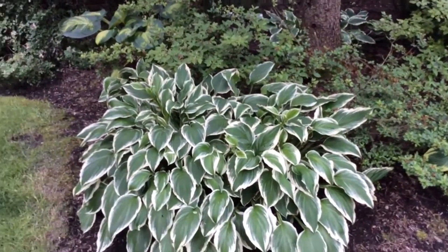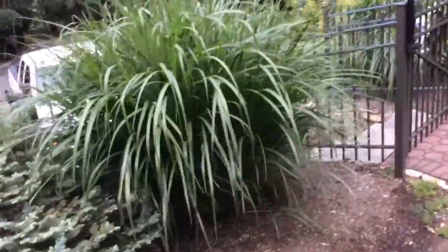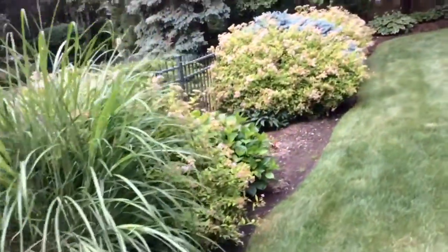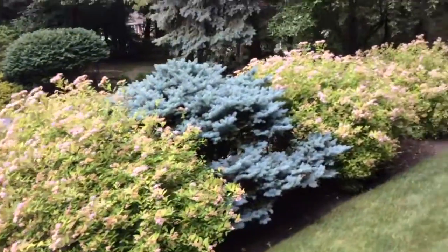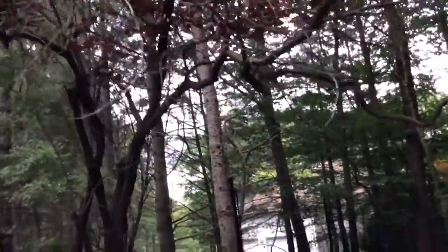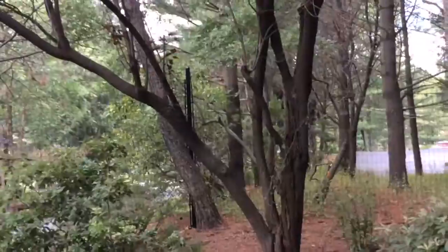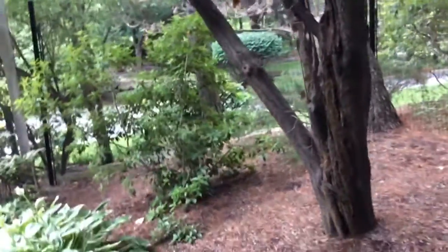You have hosta here. Grasses on this side. You can see as you come along, look at the size of these. Look at the size of these spirea. Beautiful. Hydrangea, a big globosa spruce, but again, a lot of it's getting crowded and needs some heavy, severe pruning. Plum here. Here's a little bit of a problem on this plum. They get black knot fungus, and the fungus tends to take over the tree, and there's really no help for it. It eventually will kill it. Takes some time, but